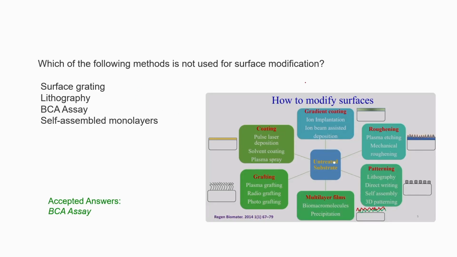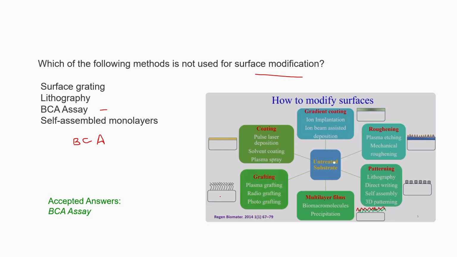So all the other options such as surface grafting, lithography, or self-assembled monolayers are some kind of surface modification technique, whereas BCA assay is just a protein quantitation assay. So this is mostly used to determine the concentration of protein in a solution. It is a colorimetric method,